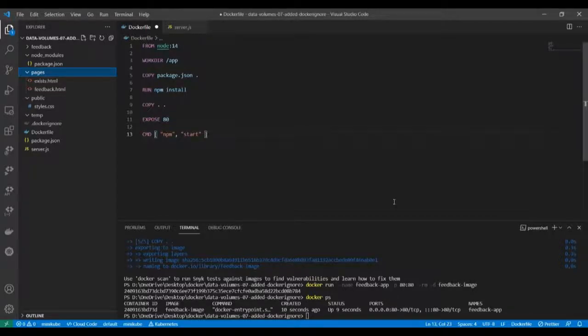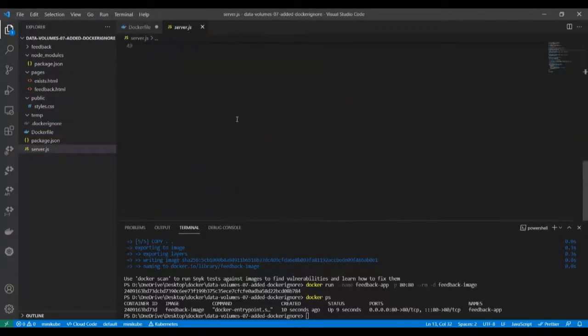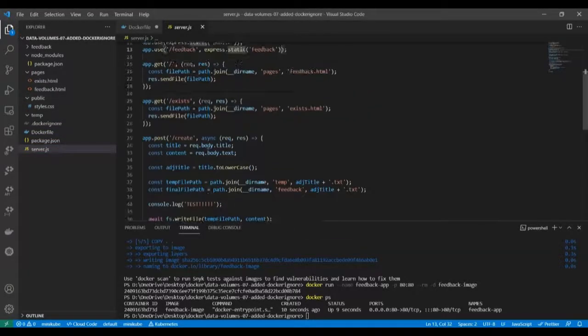So this is the sample app where we will see the problem statement which this part of this course addresses. Here is the Docker file for this application, and this is a Node.js application listening to port 80.